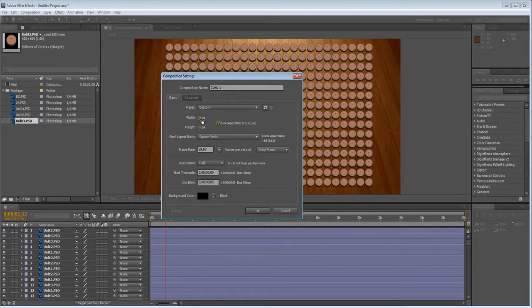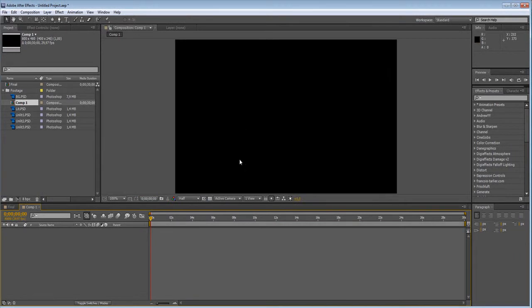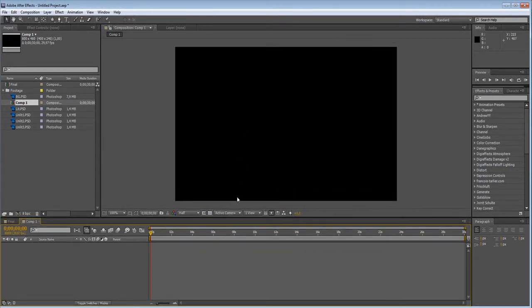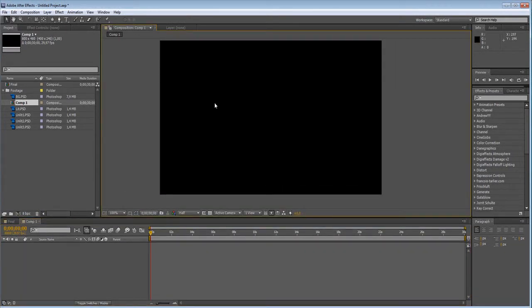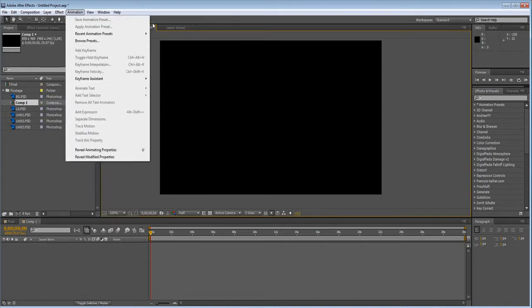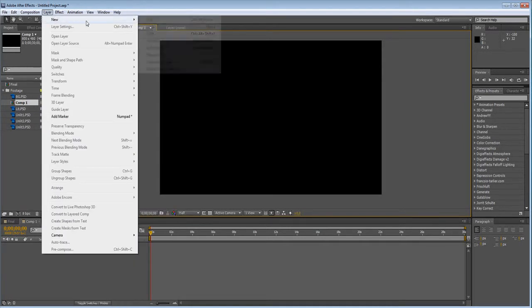And then we're going to do the lock. I'm just going to add more pixels so we can actually work with something there. So we get 800 by 480, which is the same ratio. Hit OK. We have this new composition, and now we can add anything we want in here. For example, let's just add a new solid right there,